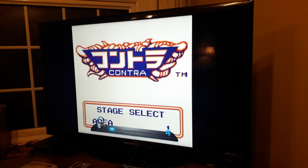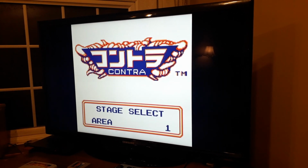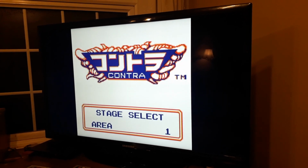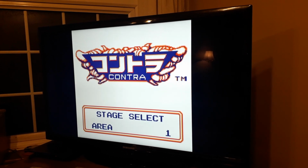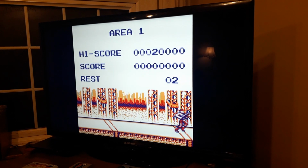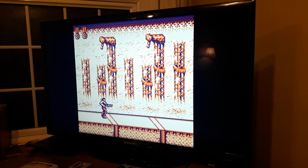Now this is a good way to demonstrate one of the small bad things about this clone SNES. There is slight distortion on the sound. Now I've got no idea if that's coming through on this video or not. I know this game quite well. Now if you listen to that music now